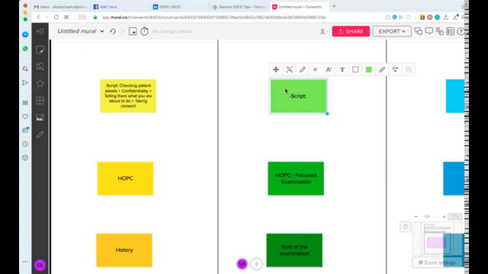For example, saying, I have been asked to do a cardiovascular examination. Some people argue a lot about whether you should use jargon, like I've been asked to do a gastrointestinal examination, or a genitourinary examination. People do it differently. There's obviously a recommendation not to use a lot of jargon, but my personal preference